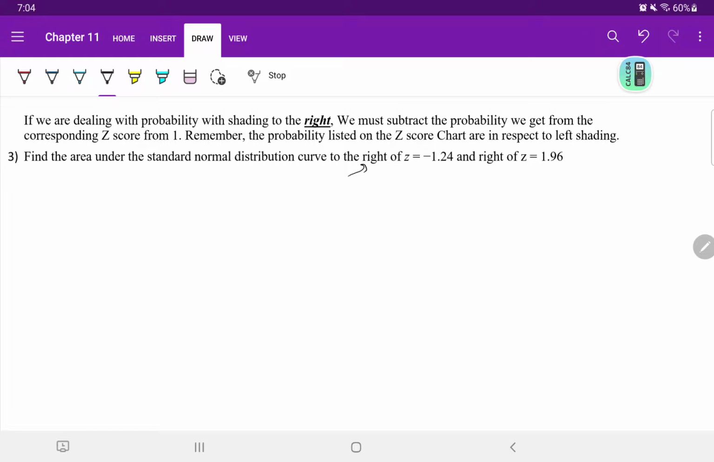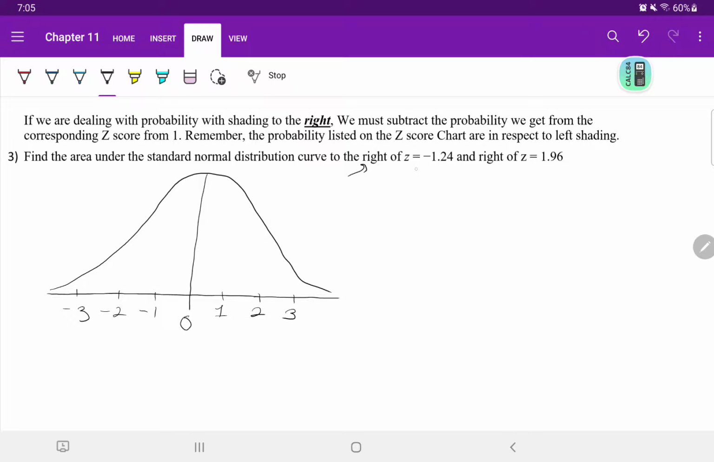Number 3 says, find the area under the standard normal distribution curve to the right of z equals negative 1.24 and to the right of z equals 1.96. Okay, let's draw the standard normal distribution curve. Negative 1.24 will fall right here. Not drawing to scale. And we're shading to the right of that z-score. All right, this is going to be perfect. We'll leave it at that. Now,